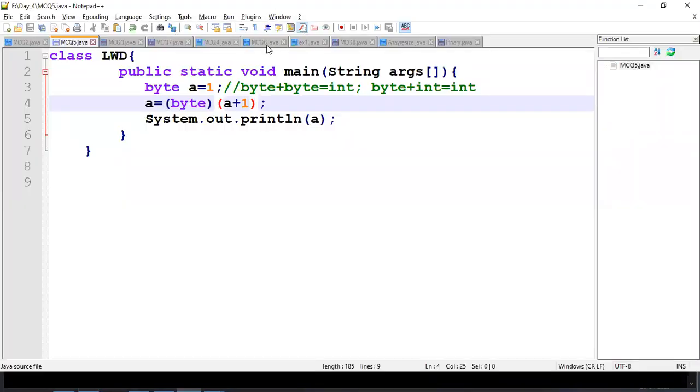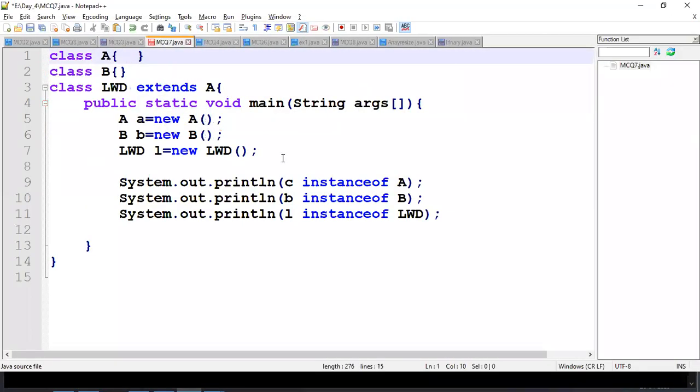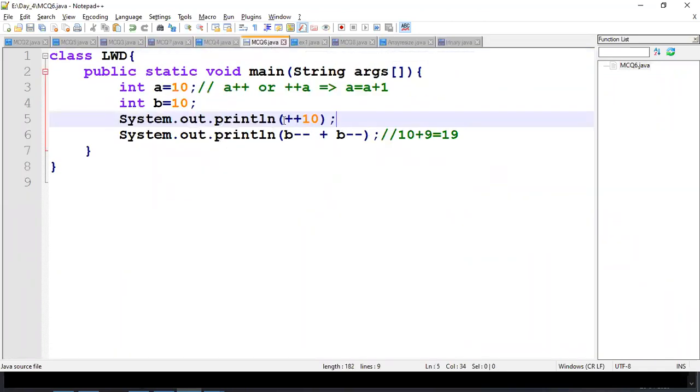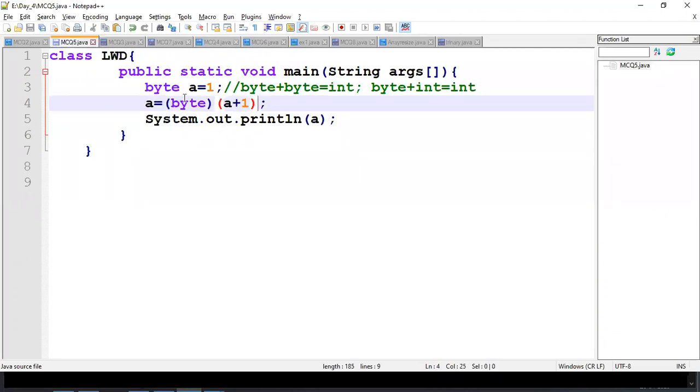So what are the limitations we found? First, you are not supposed to do constant value incrementation. And if you are going with byte or whatever value type, you check what result you should expect. Byte plus byte equals int, not a byte value. Likewise byte, short, int, any combination of them is going to give an int value.